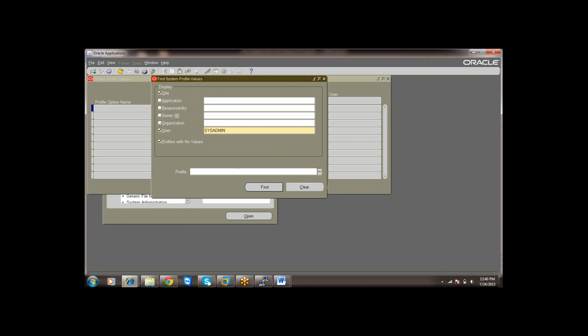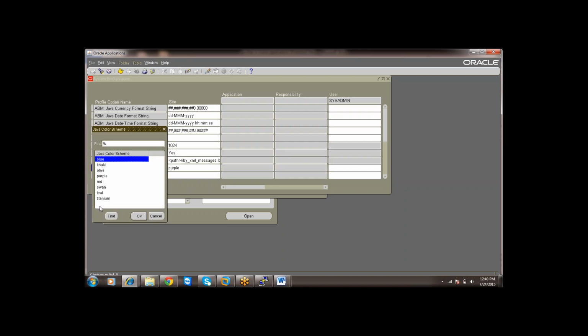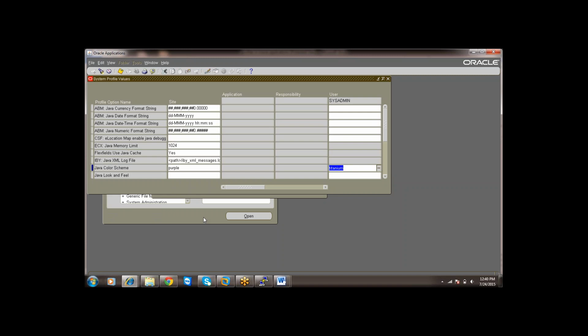I just want to change a profile option related to Java. Java color scheme is purple, right? Now I'll change the color to titanium, or any other color. So now we have changed the profile option at user level to titanium.